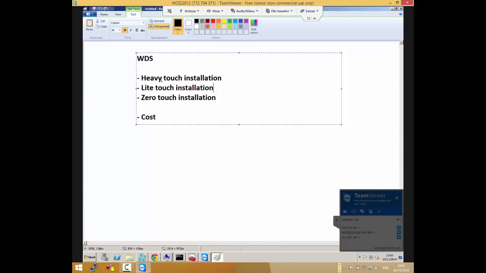You may be expected to select the language of the OS you want to install, which is one of the things that WDS provides, maybe select the country, and then it goes ahead and does the installation. And then there's zero touch, where you don't have to touch anything at all. You can start the computer remotely and go through the whole installation without human intervention on the client side.